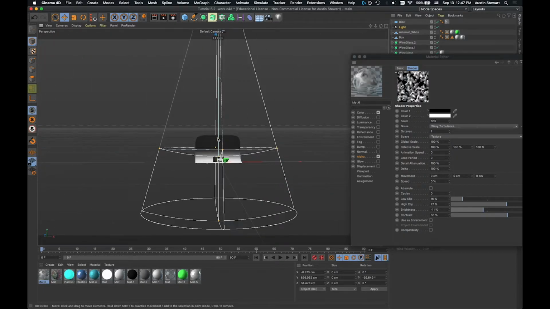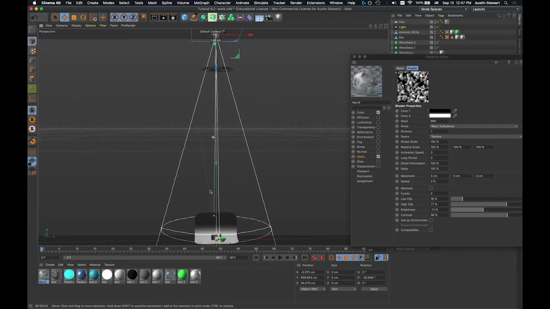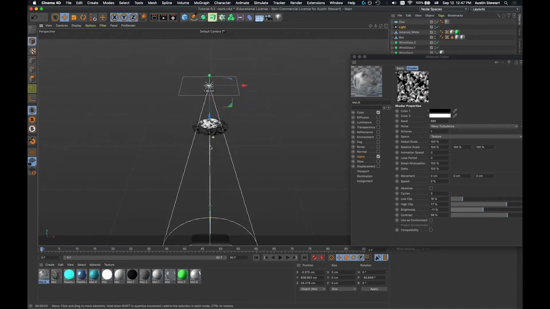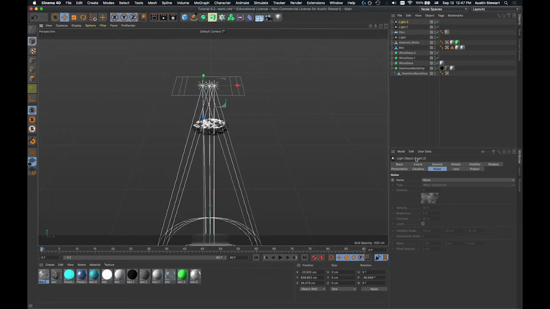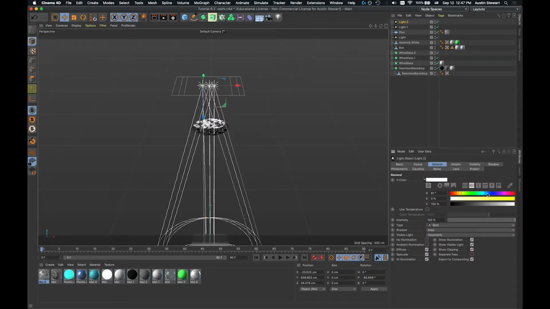So something else I can do if I want multiple colored light rays is I can just go ahead and Control-click to create a second and third light. And then for each of those lights, I can adjust the color a little bit. I'm going to adjust it a lot, so it's really obvious what's happening. So one of these lights is going to be pretty blue. And then the other one of those lights I just created,